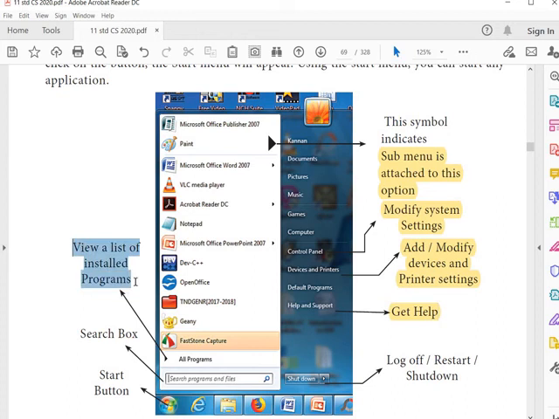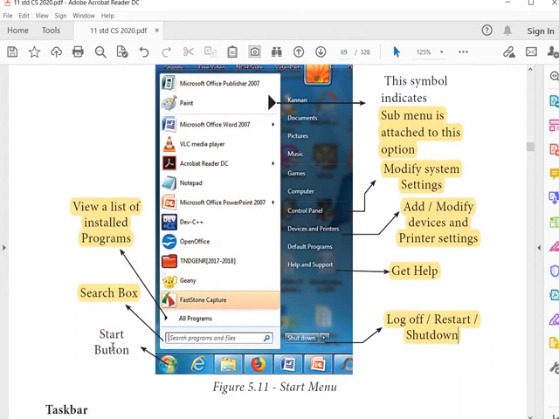View a list of installed programs in all programs. Then this is the search box. Here we can search any application which is not available in the list. Then this is log off, reset and shutdown. We are going to learn the difference between log off, reset and shutdown. And very important is the start button.